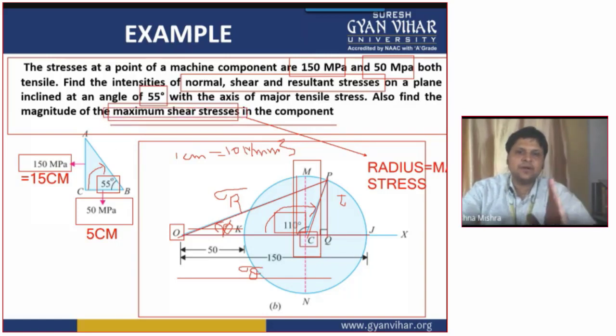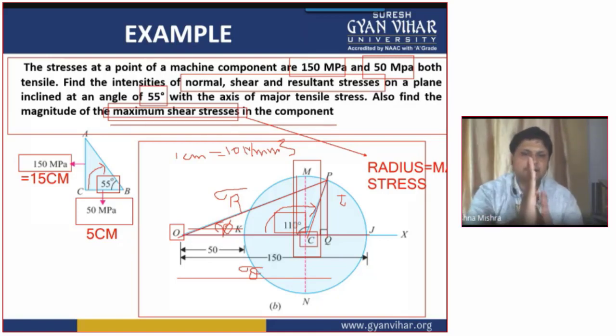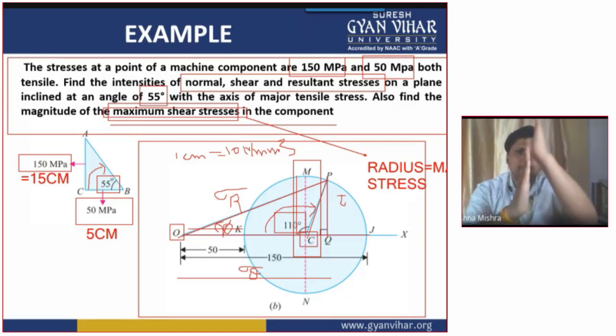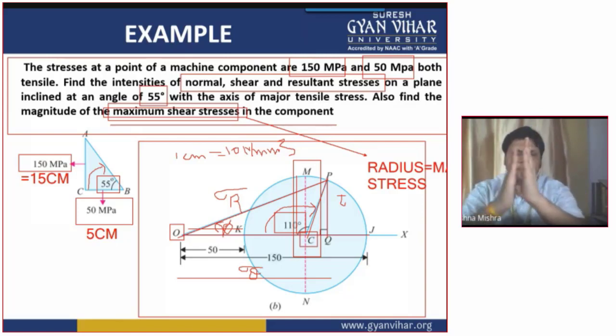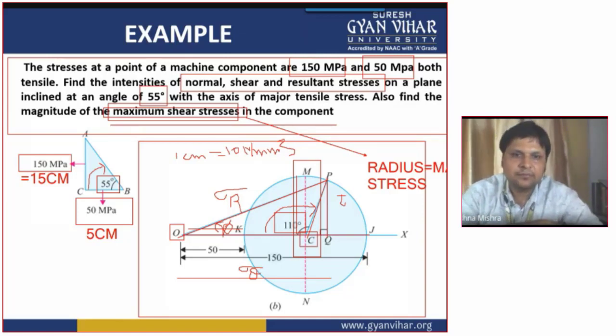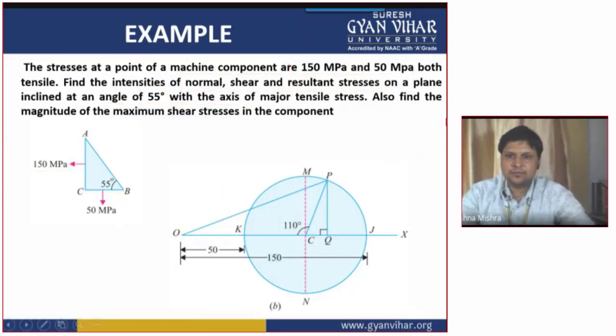All right. All the vertical values represent shear stress, and the normal values represent the direct stress, sigma x. So when will you get the maximum tau value? When you are at the center, then you will get the full radius as the vertical value. So this radius gives you the maximum value of shear stress. Now we will solve some multiple choice questions in order to check whether we have got the understanding or not.